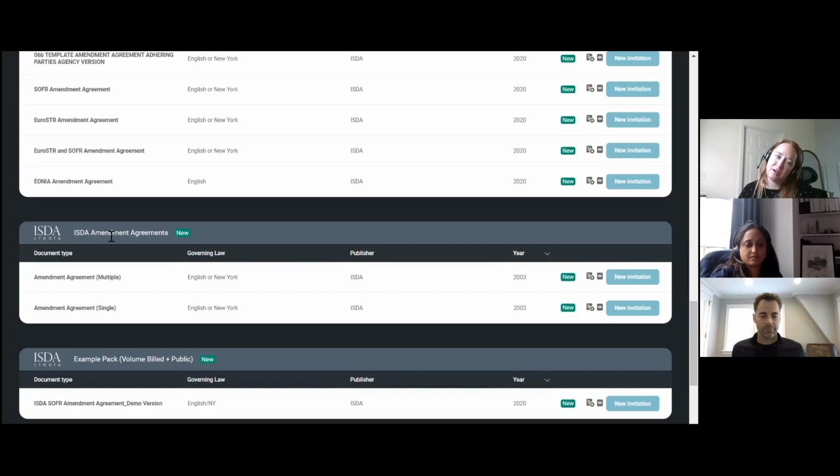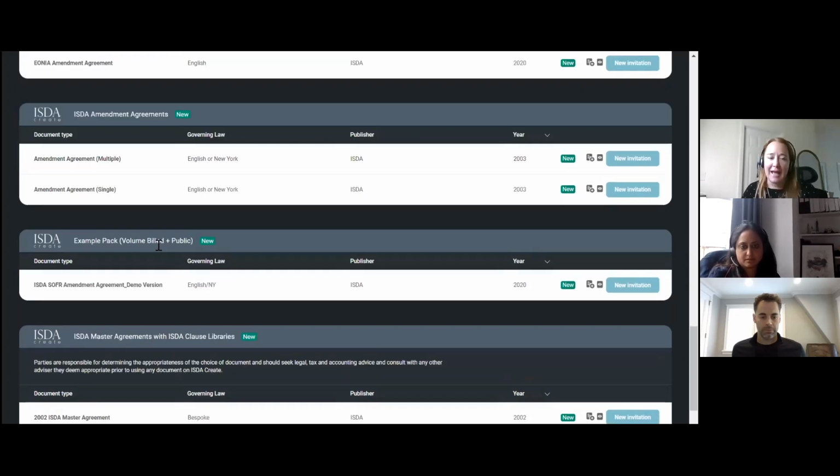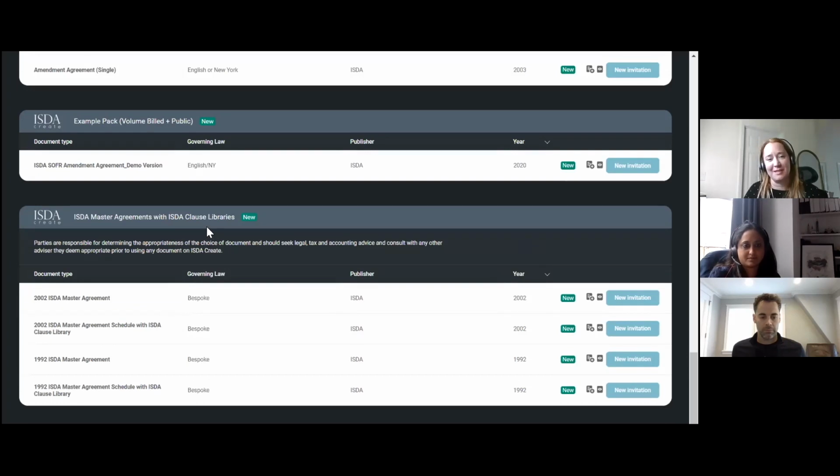This is based on the ISDA 2003 published document and enables counterparties that don't have some documents on the platform to use the amendments in a variety of ways to make substantive amendments to legacy documents, as well as we see a large use on the buy side for clients wanting to add various underlying principles in the asset manager and hedge fund space. Lastly, and this is the one we're going to really drill down on today,